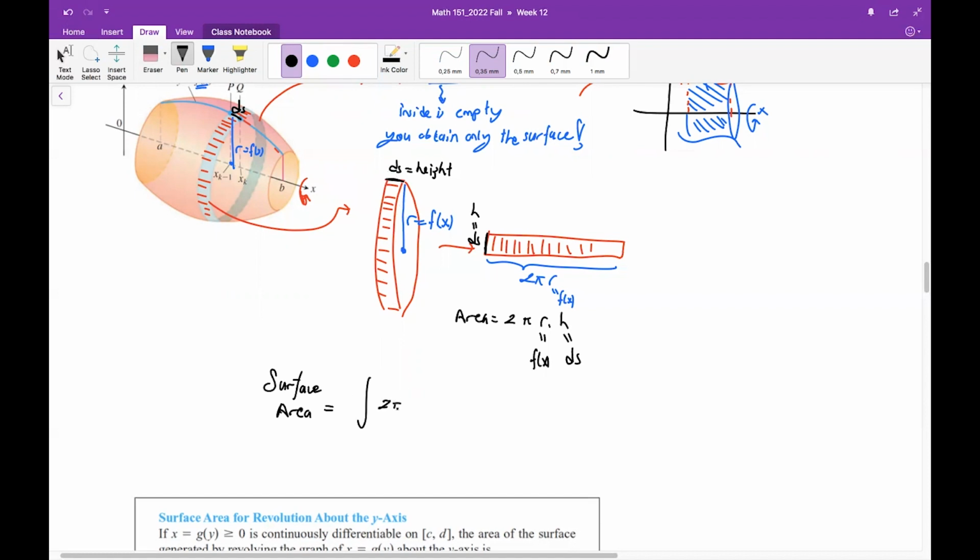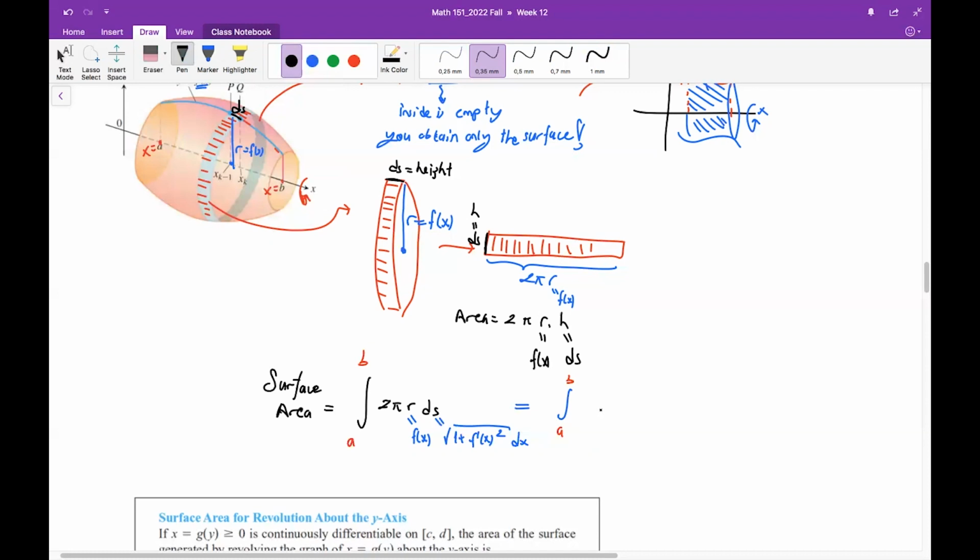So it goes like 2 pi r ds, where r is given by the curve, and ds is, in fact, you remember what was ds? We covered it in the previous lecture. It is the square root of 1 plus your function's derivative squared, dx. So the formula gets its final form then. Of course, the boundaries of the integration are from this point to this point, where x equals a to b,